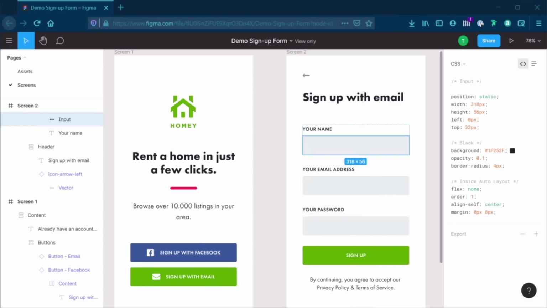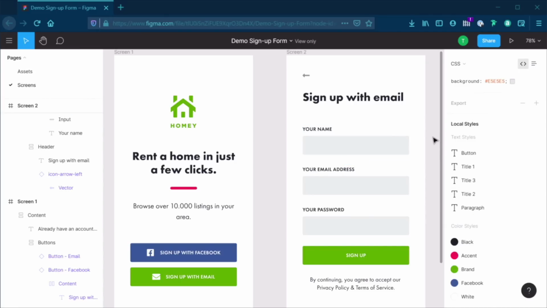What's also nice is that if you notice in the comment, it tells me the name of the shared, or excuse me, the color style that I'm using. And speaking of color styles, if I don't have anything selected, I get access to all the local styles. So this is the button text, titles, paragraphs, basically anything that the designer created in terms of styles, I have